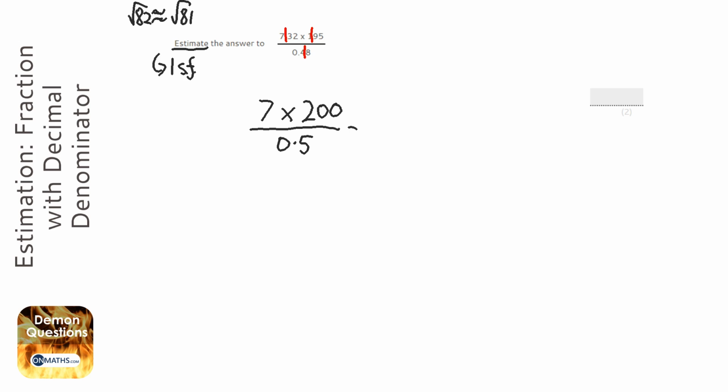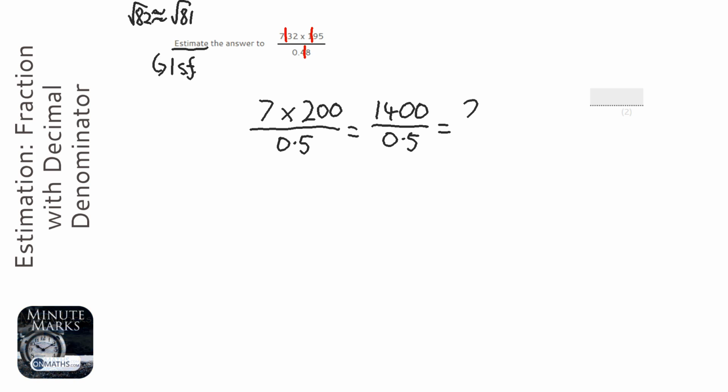Okay, now we can times the tops together, or times the two numbers at the top together. So 7 times 2 is 14, with 2 zeros, over a half. And all we can do here is just times the top and bottom by 2. So I can times 14 by 2 to get 28. So 1400 times 2 is 2800. And the bottom times 2, well, that's just 1. So the answer is just going to be